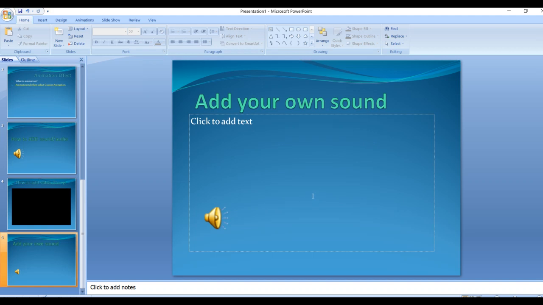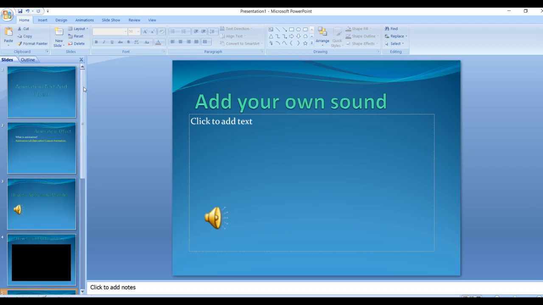Now at the end I want to show you the slideshow from the beginning. So let us start. I'll just show you the slideshow of our slides from the beginning.